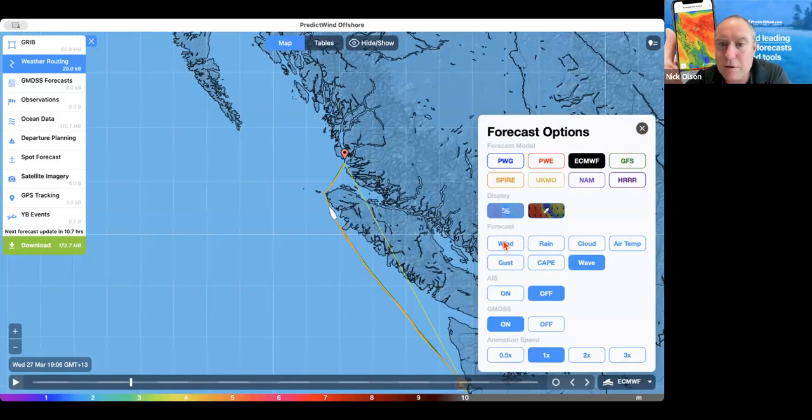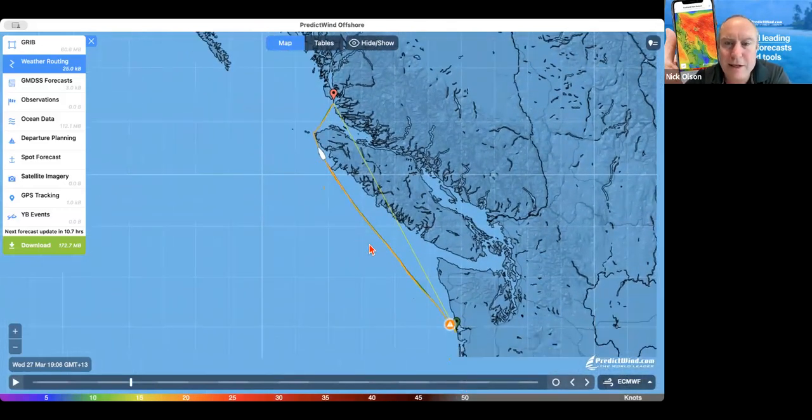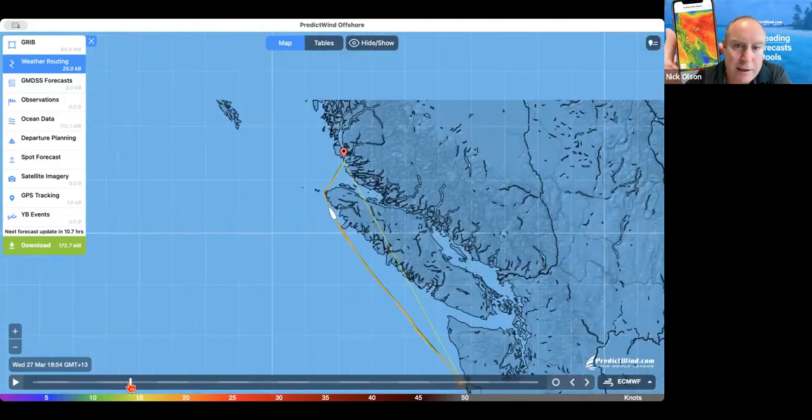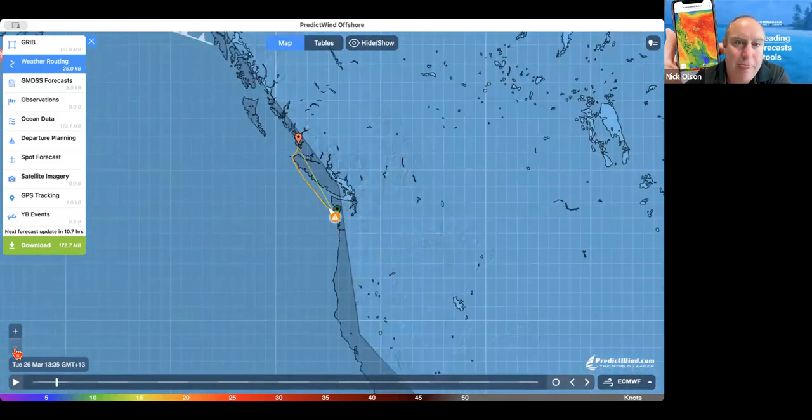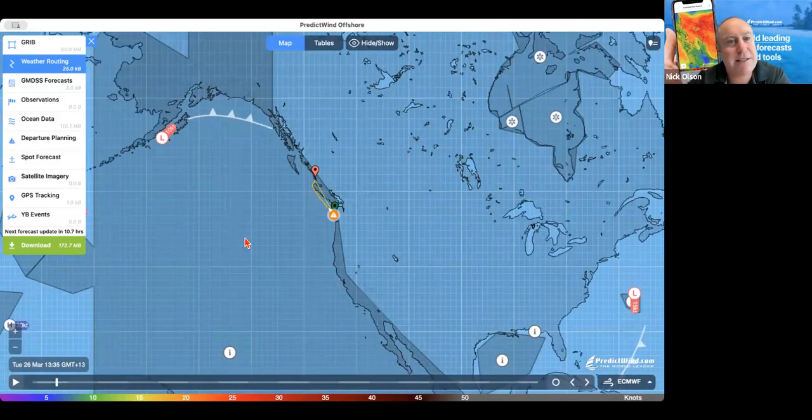Let me move my zoom controls. So we can see here we've got our passage. If I come back and then zoom out, I'll talk about our GMDSS. These here are all graphical illustrations of the GMDSS forecast. That is written by a meteorologist, and we then convert that written text into a graphic, and that's what